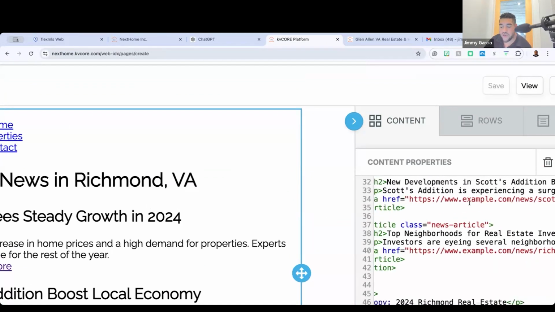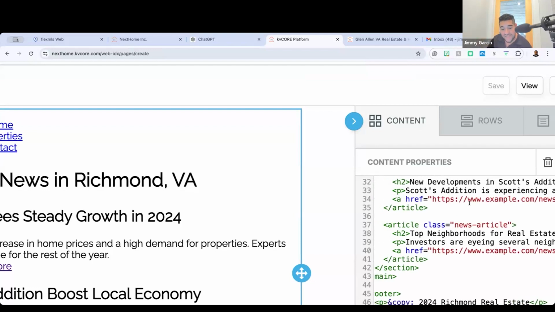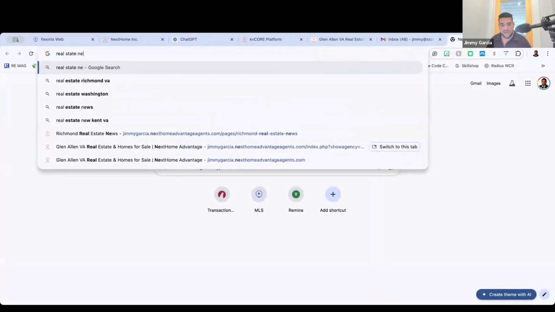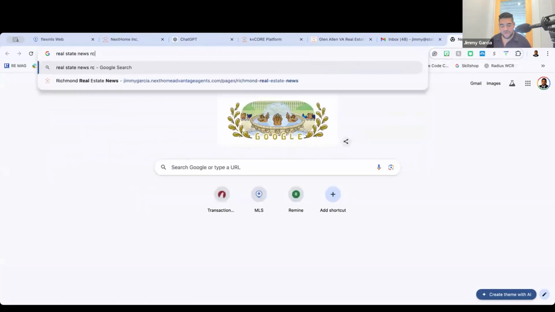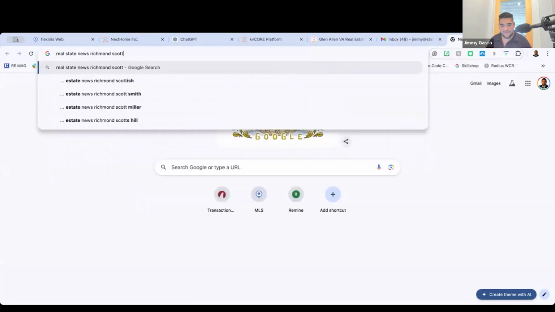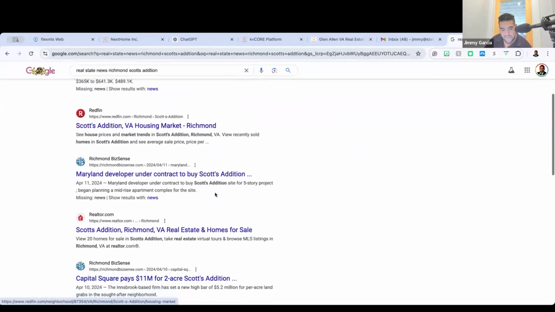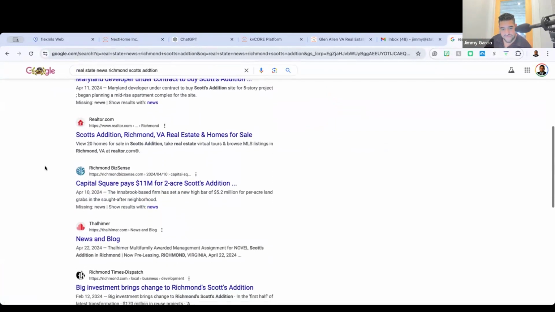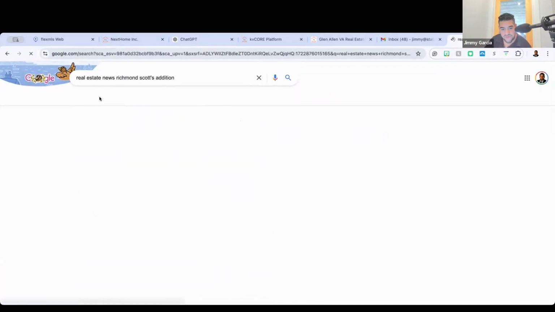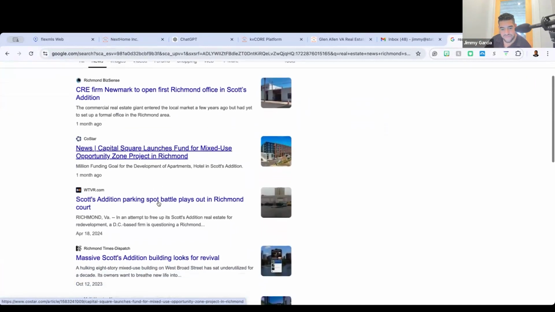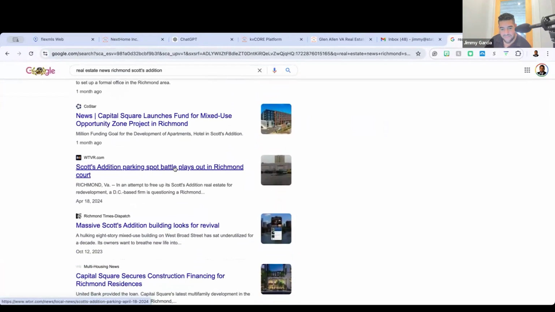The only thing you will have to actually go in and manually put in are the true links. So if I wanted to say real estate news, Virginia, Richmond, Scott's Addition, and I wanted to find a pretty good news story, whatever it may be, I'm just going to click on news. The parking spot battle.